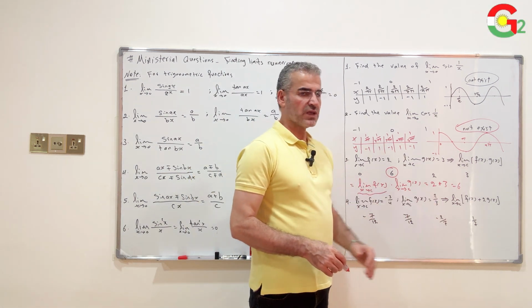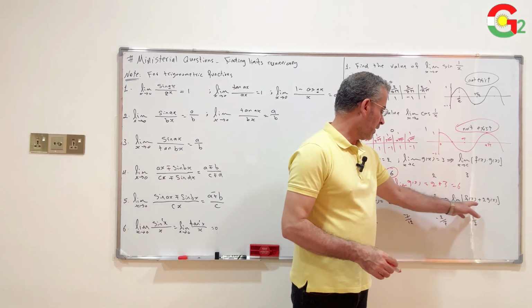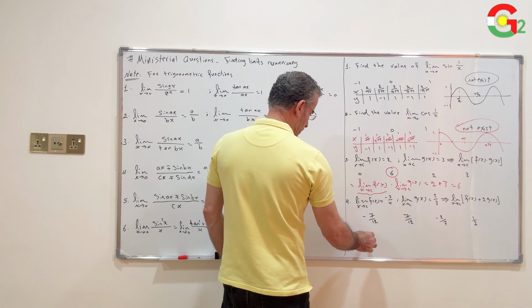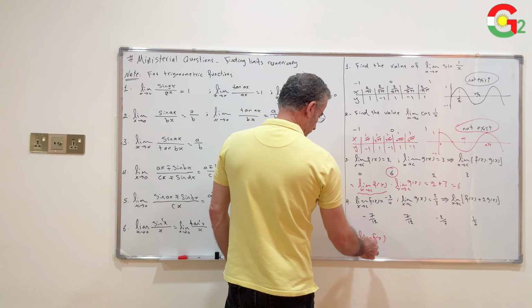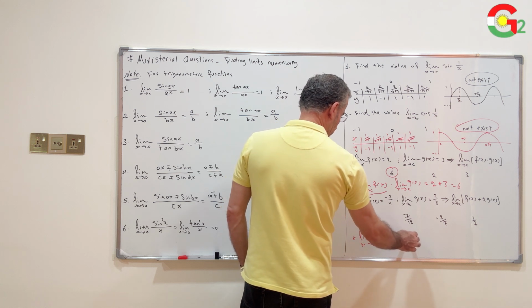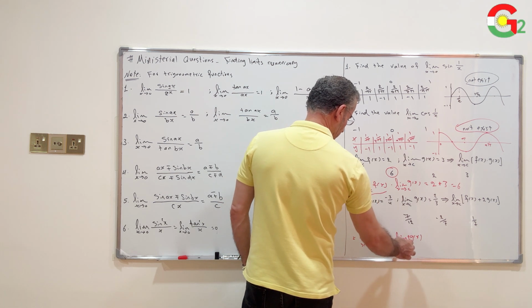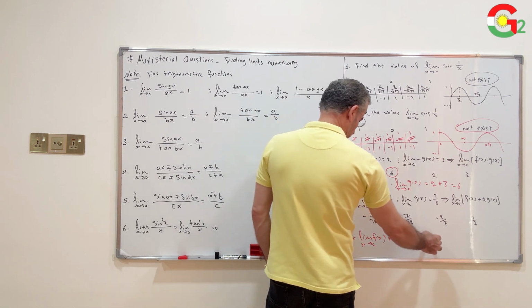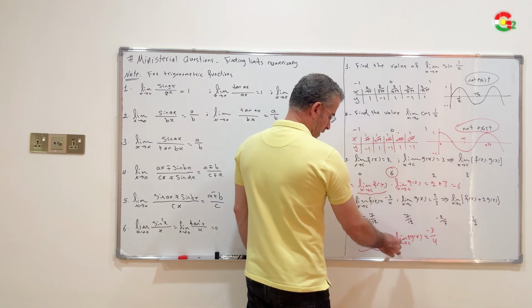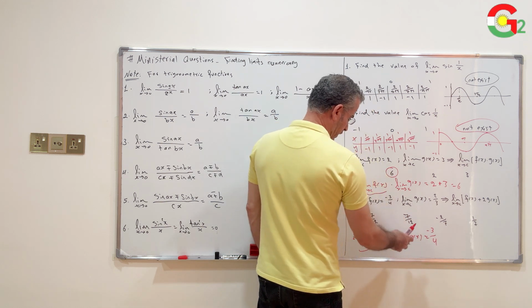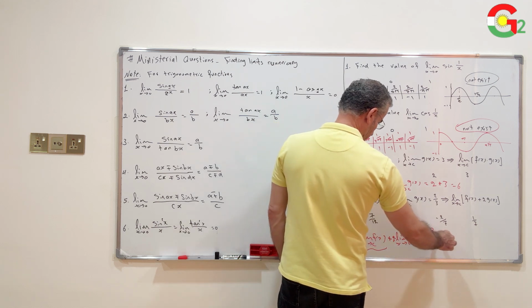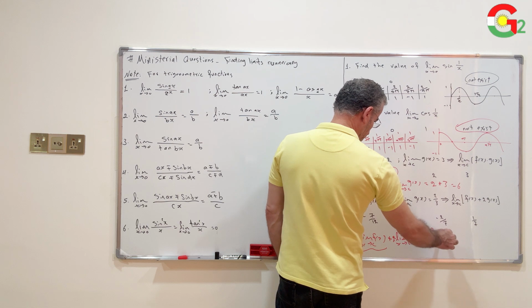Number 4. The limit of f of x when x approaches c is -3 over 4, and the limit of g of x when x approaches c is 2 over 3. Find the limit of f of x plus 2g of x. This limit is equal to the limit of f of x when x approaches c plus the limit of 2g of x when x approaches c. This limit is given by -3 over 4, and this limit we can write as 2 times the limit of g of x,